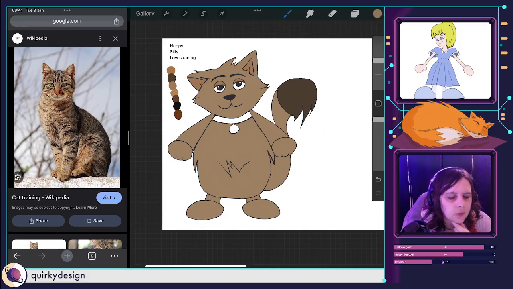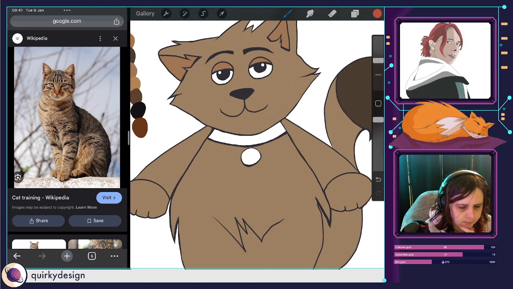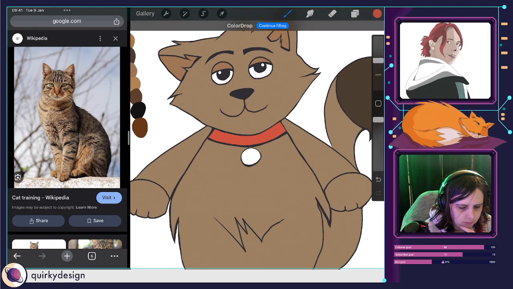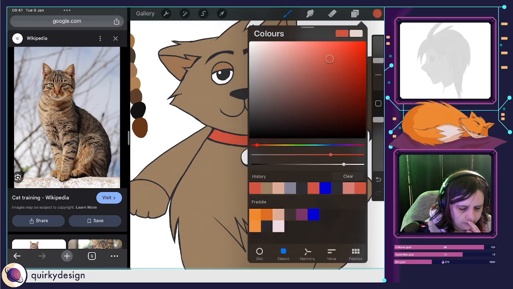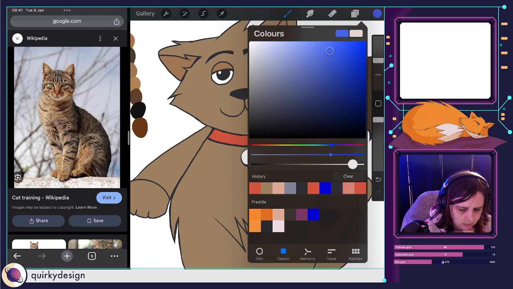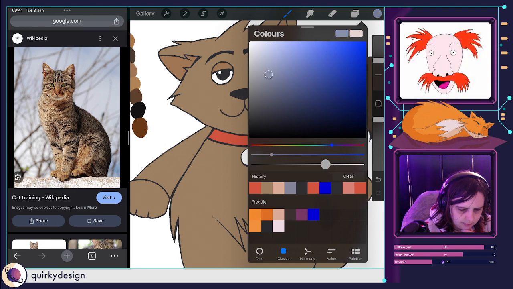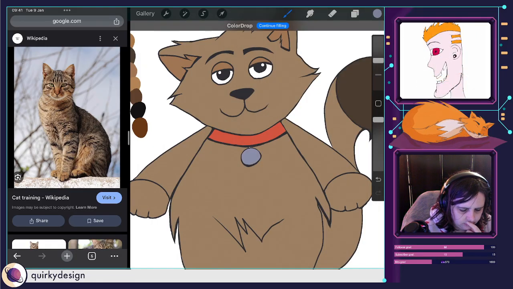All sort of one colour here, which is not too bad. Let's give him a red collar. I'll see what make the other bit yellow. Actually, I might just go with a grey for that. Bluish grey. Cool.